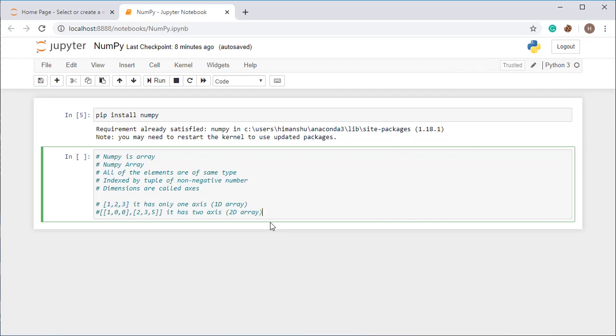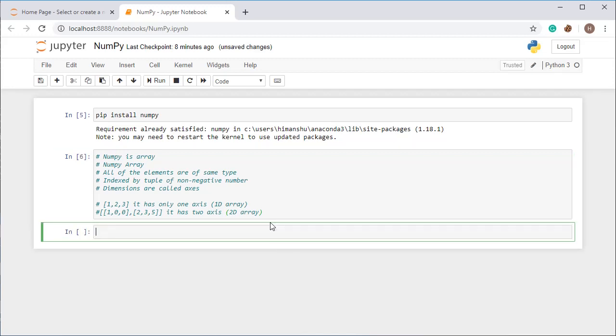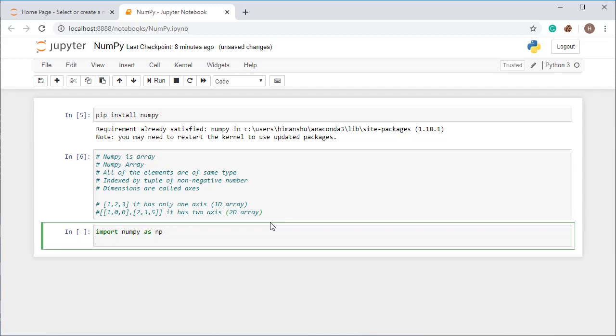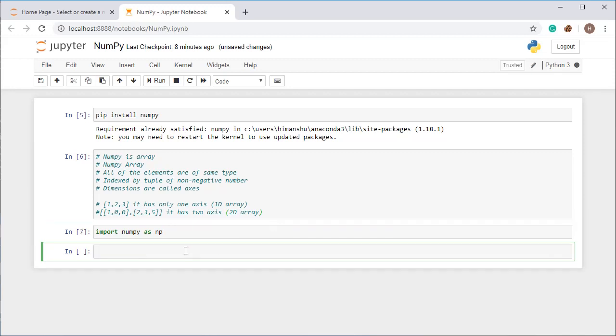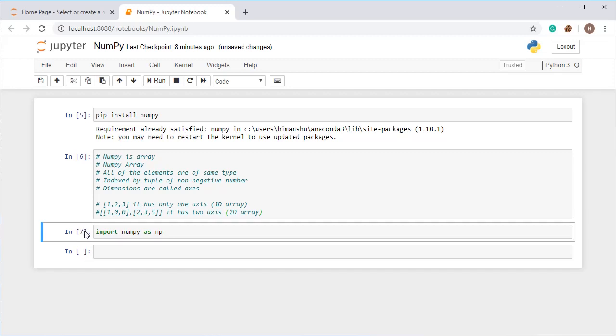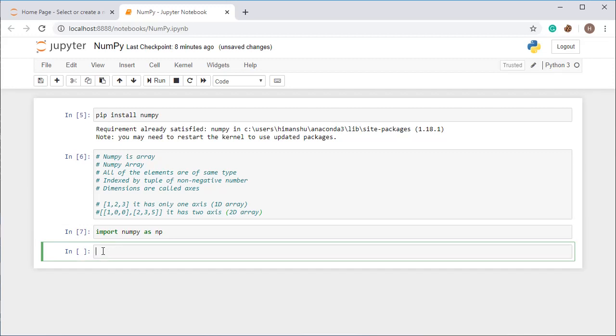Alright, so first of all we will understand how to create an array. For using NumPy, you must import the NumPy library. For importing any library, we use import, then write the library name, like numpy as, and for our convenience we put a variable name for the library, like I am going to put np. You may also put your own name. After importing you have to just run this cell, shift and enter, then wait until here you will get a star mark. Until it gets converted into a number, please wait.